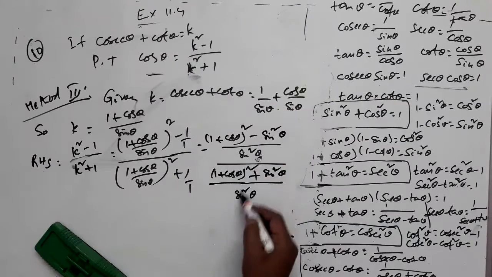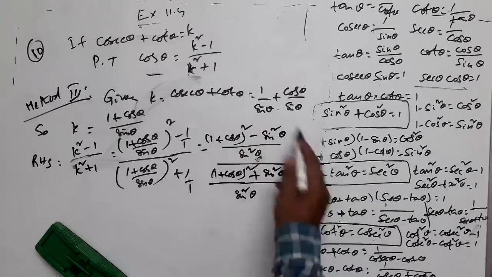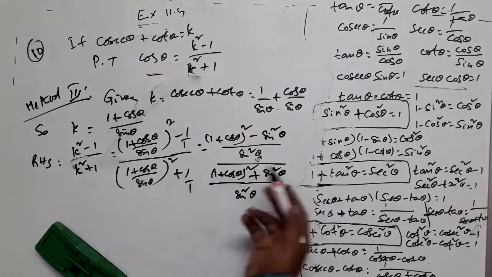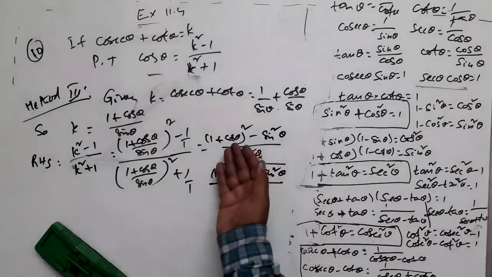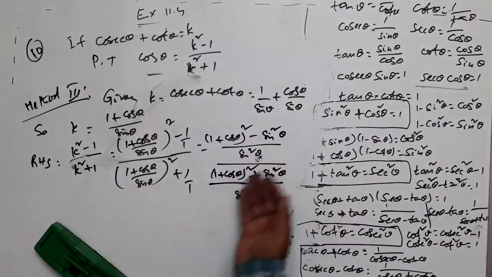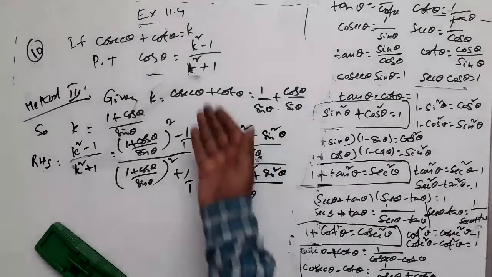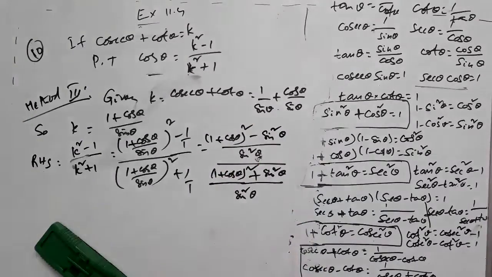Can I cancel these two? Yes, the denominators are the same, so I am cancelling them. What will be remaining? You will be left with this, which is of the form (a + b)². Now I am getting the idea that if I have sin² θ plus cos² θ while simplifying, I can replace that by 1. For that, I will expand this also using the formula (a + b)².